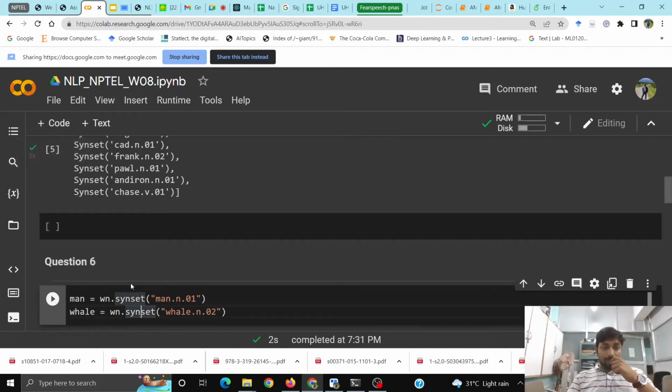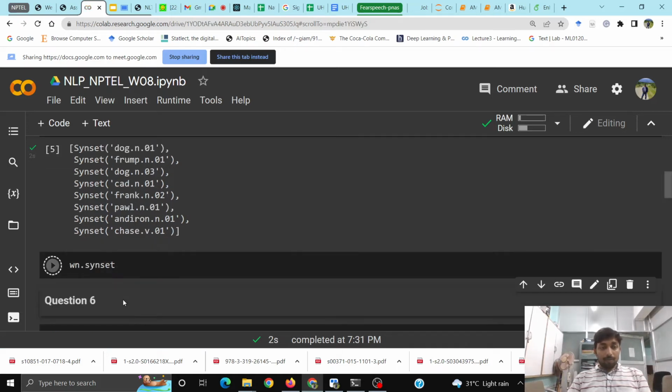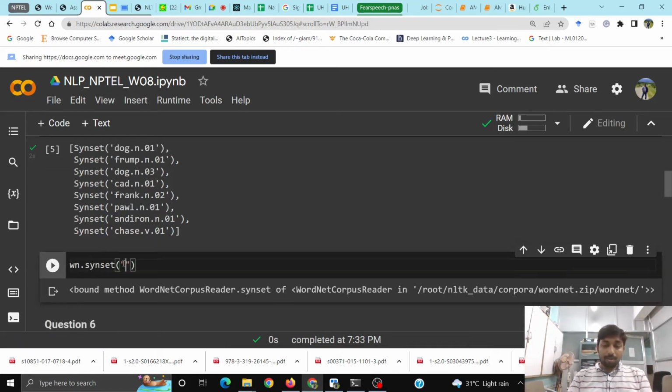So first we will find out the first sense of the man. So that is man, n, that is noun, and 0, 1. So that is the first sense. There are many senses, as we already said. Like there is a lot of senses of the word man. So if I just say man,